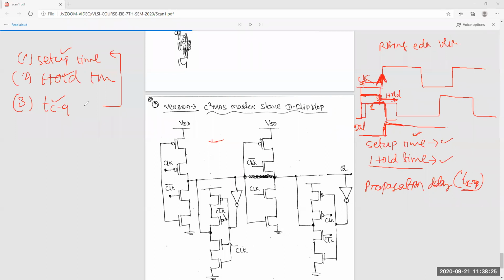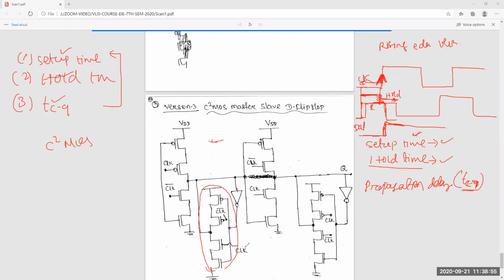Hello, sir. In the C square MOS master-slave D flip-flop, in the feedback transmission T2, that is PMOS we have connected clock bar, and in NMOS we have connected clock. So this is a tri-state buffer, I think. You are saying tri-state buffer.